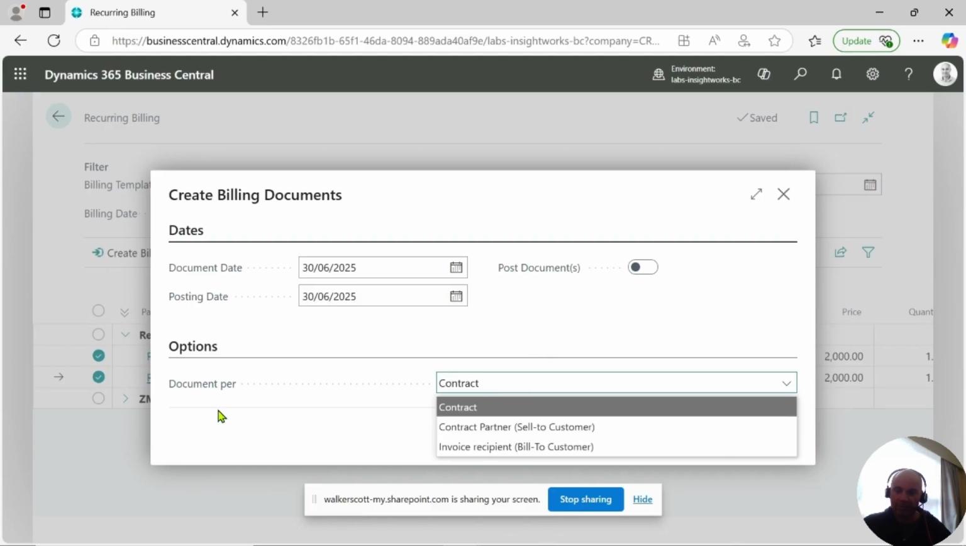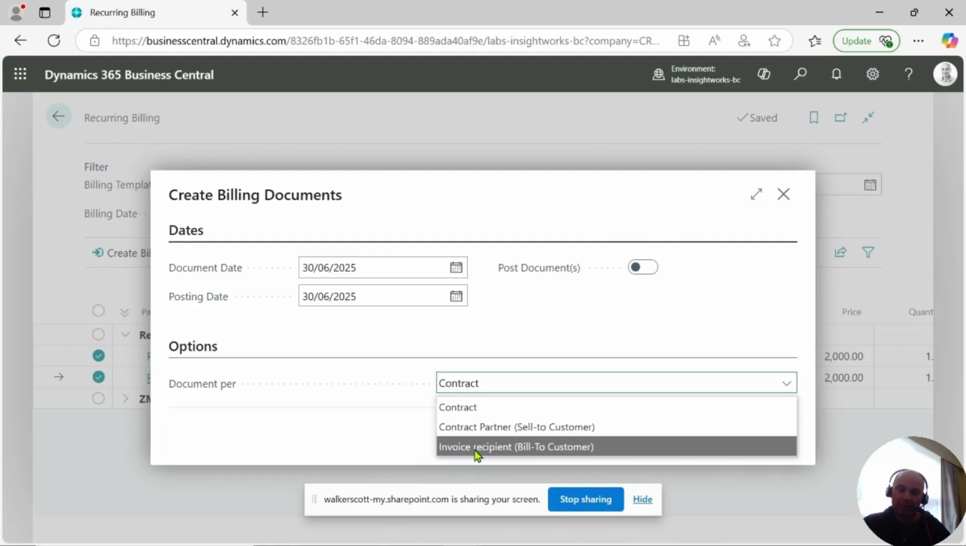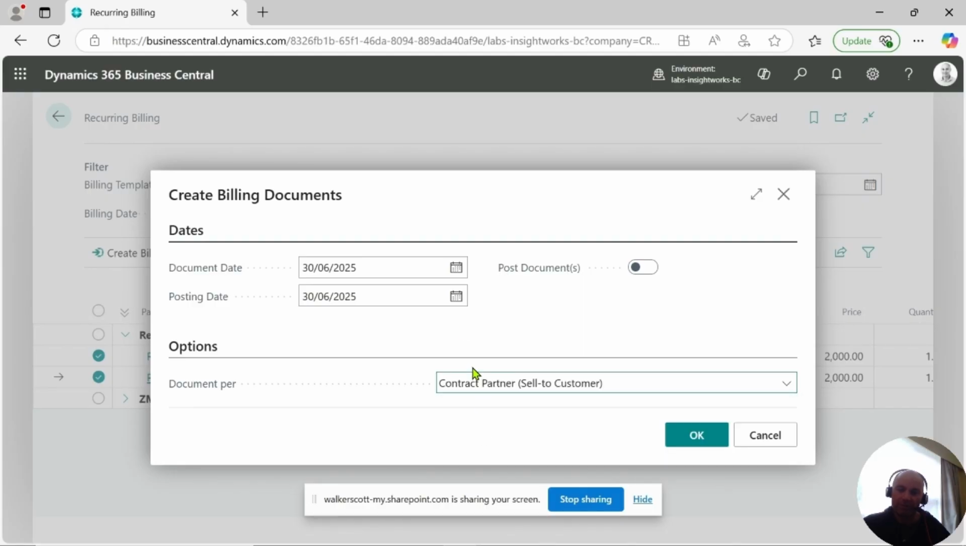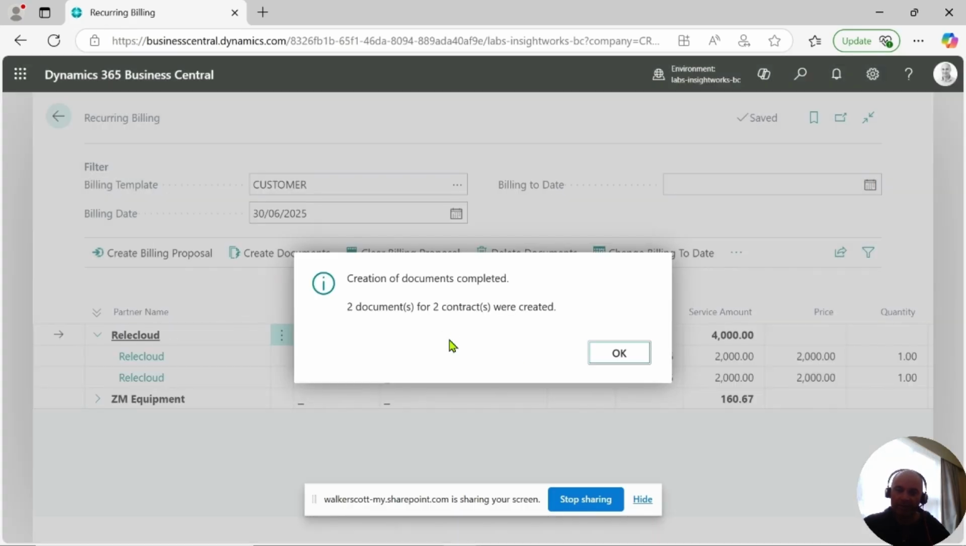And so here we've got some options around how the invoice is created. Do we want to create one invoice per contract, one invoice per customer, or bill to customer? So let's choose one invoice per customer. And we can also choose here to post those invoices. Let's just at this stage leave the posting off, and we'll just generate the